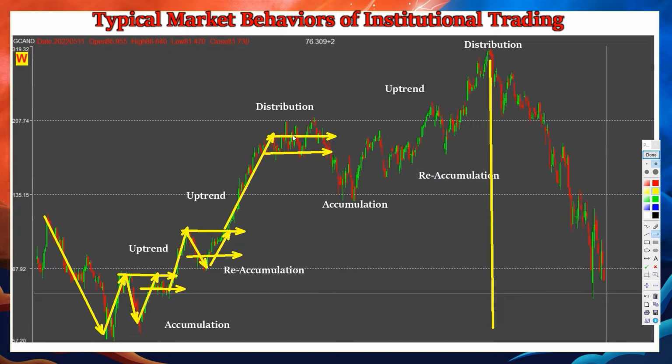Now, sometimes you may see some topish pattern here, and this is also a form of distribution pattern. Once a new direction is formed, right now it will be down. Once it reaches a base, accumulation forms again, and then when you break up, a new trend starts. This market will repeat this cycle. So on a weekly chart, the candlesticks are a bit more, and we can see that